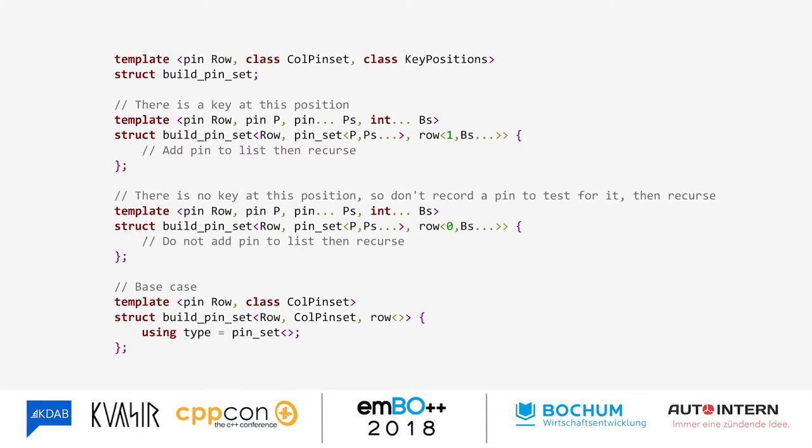So what I do is I use partial specialization of templates. You can see the row 1 and row 0 in the first and second partial specializations, and this is how I do the pattern matching. So if there is a key there, then I'm going to add it to some compile time list and then recurse. And if there's not, then I'm just going to do nothing and keep on going down, checking all of the possible key locations. And then I need some base case to terminate the recursion. So this is all executing at compile time, building up a list of all the possible keys that we need to generate code for.